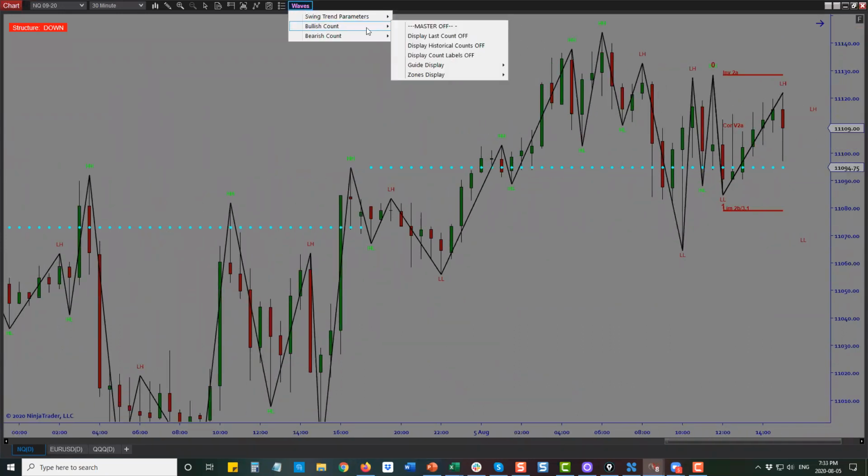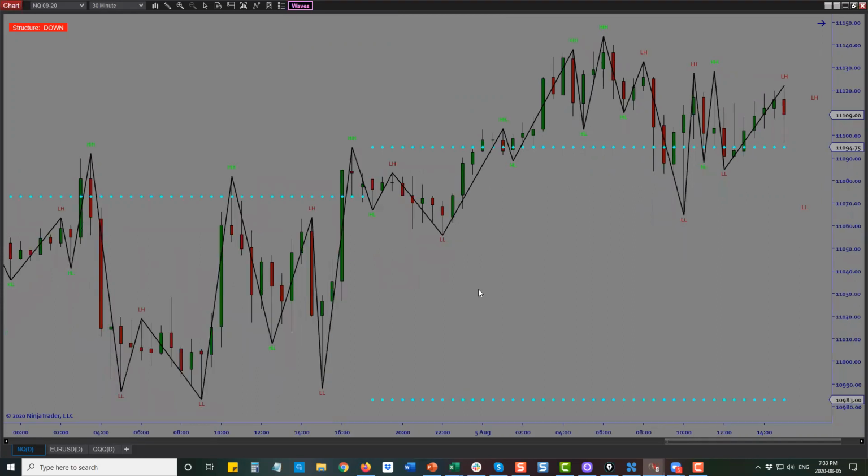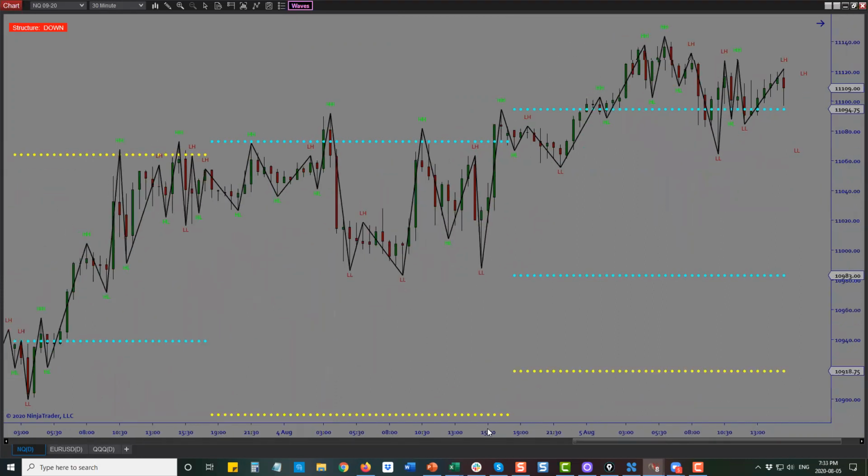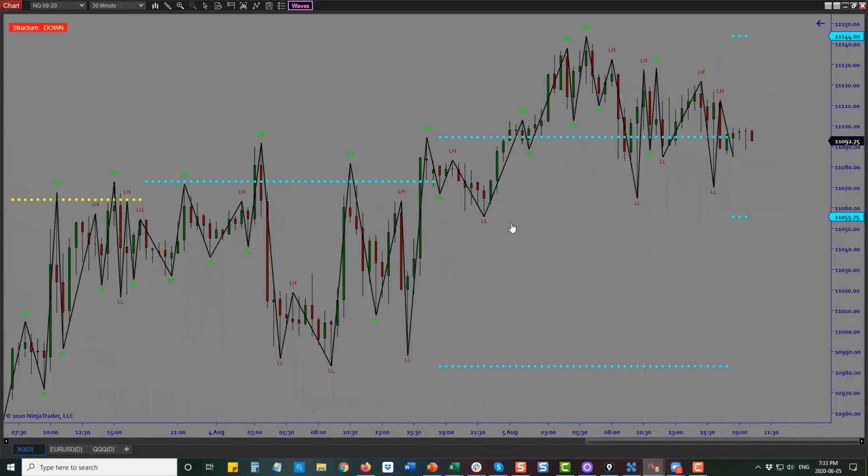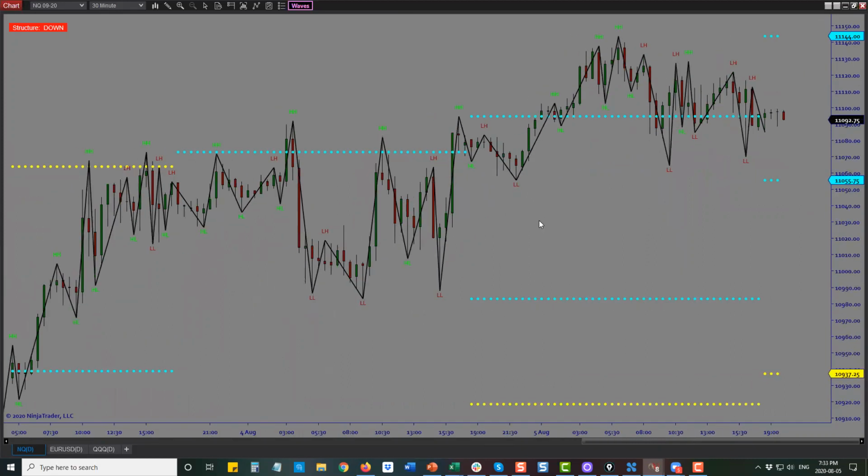I'm going to turn off all the wave counts for a second. Okay, and let's just go to the NQ and take a look at yesterday. So we started in yesterday. It was a pretty oscillating market the last couple of days in the bigger picture, but nonetheless,